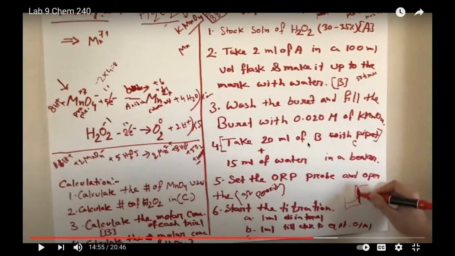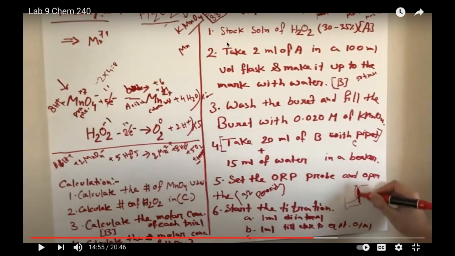In each trial you have taken actually 20 ml of B. Try to understand, 20 ml of B you have taken. So divide the moles by the volume in liter, that means divided by 0.02. Then you will get the molar concentration of each trial of B. So you will get the concentration of B here. You already came here. Okay, so you got the concentration of B.